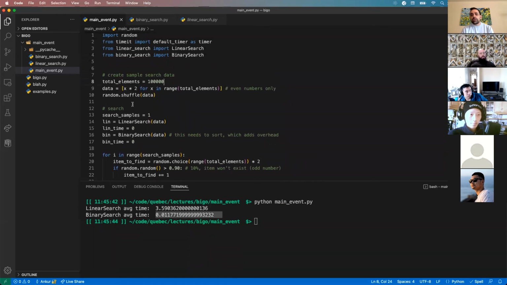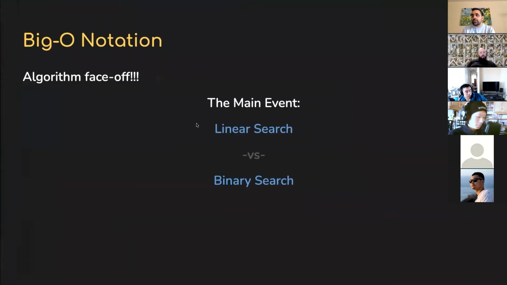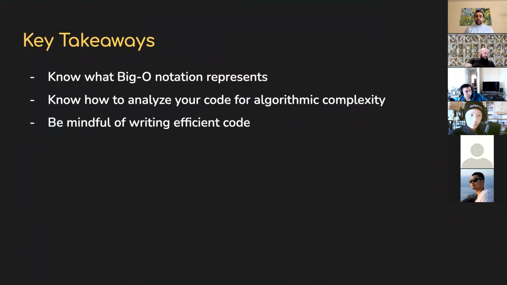Okay, so that was our main event. Let's wrap up our lecture. So key takeaways from today's lecture. Just at a high level, know what Big O notation represents. Now, I'm not expecting you guys to be experts in analyzing code at this point, but if someone asks you, hey, this algorithm is big O of n squared, hopefully you can understand what they're talking about,